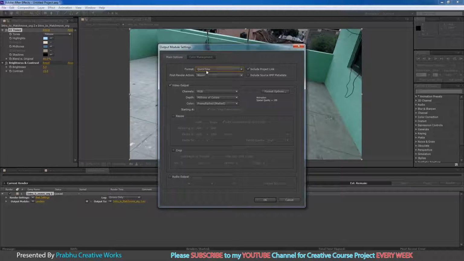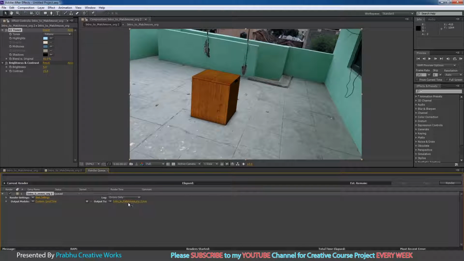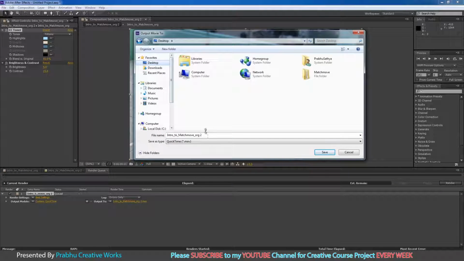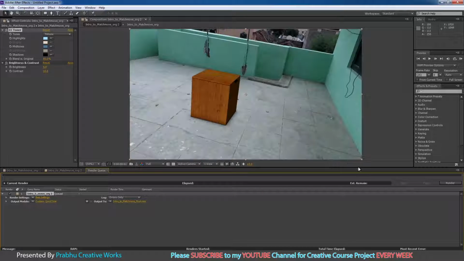This is my best quality format in After Effects. So I will give QuickTime and click OK. Click on this introduction to match move, and I want to choose my desktop. I will name it introduction to match move underscore final, like this, and click Save. Now I click the Render button.